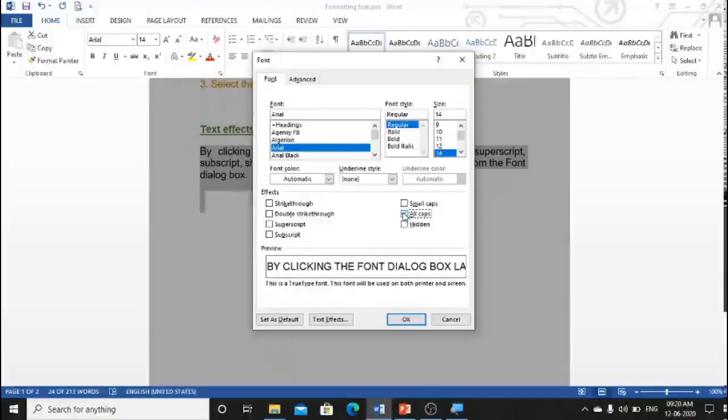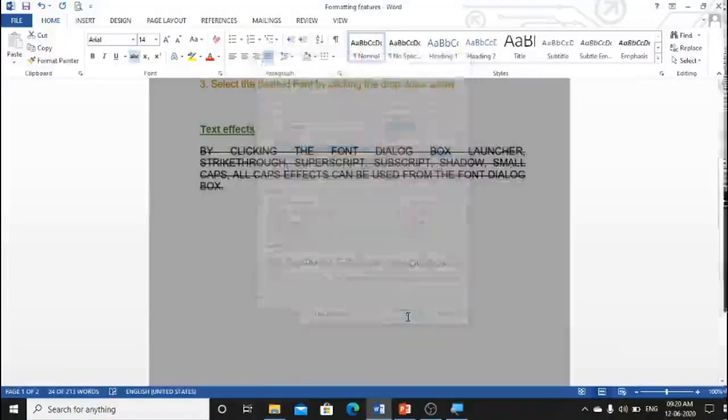Since my paragraph is already having small caps, I am using all caps. Click on OK. My text changes to strike through effect as well as all caps. So children, I hope you have understood how to apply the formatting features to your text.